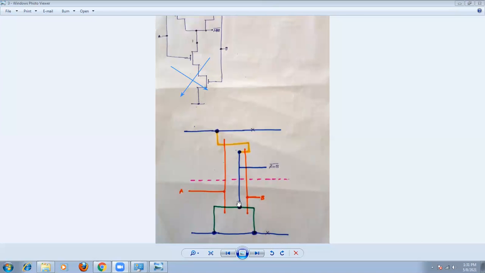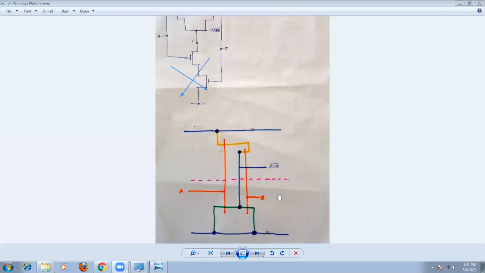So only metal and polysilicon will cross the demarcation line. No diffusion path will cross the demarcation line. That is the reason why we connect the paths like this. That is about A plus B. Similarly here also, the number of transistors in the pull down region is only 2, and in the pull up also we are having 2. That's why only one cross is sufficient on the VDD and VSS line. That is about the CMOS design style. So remember the rules here and follow the concept.